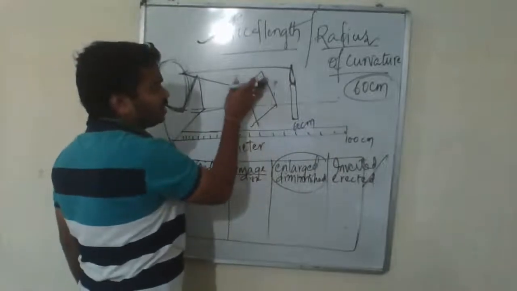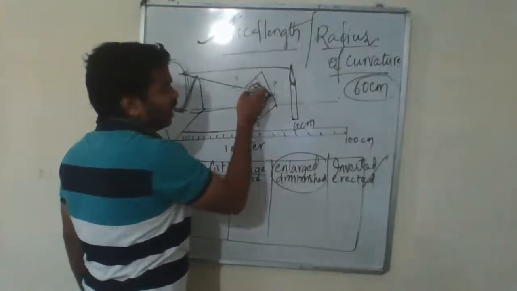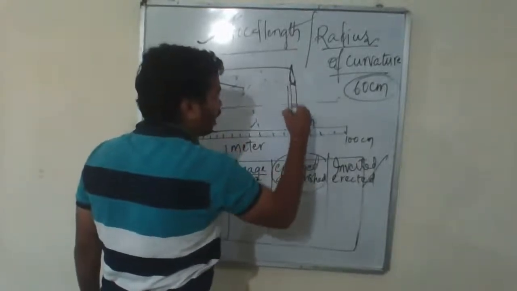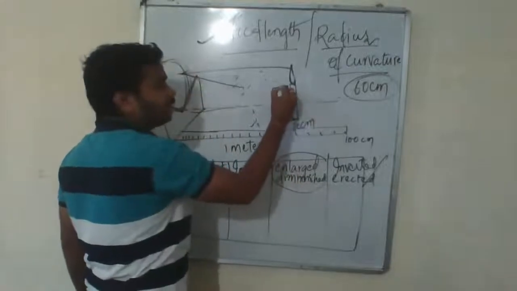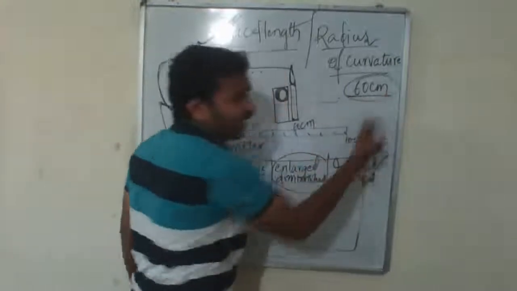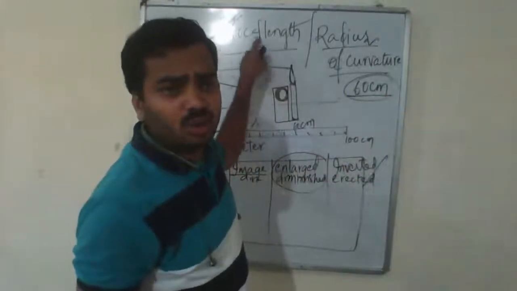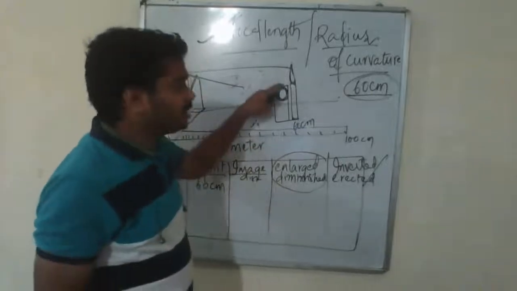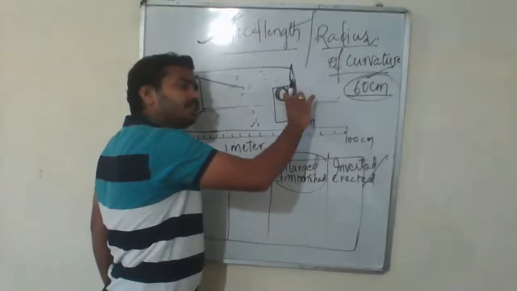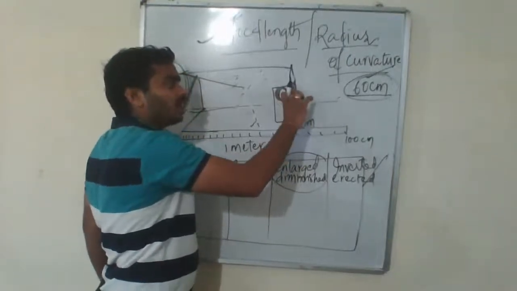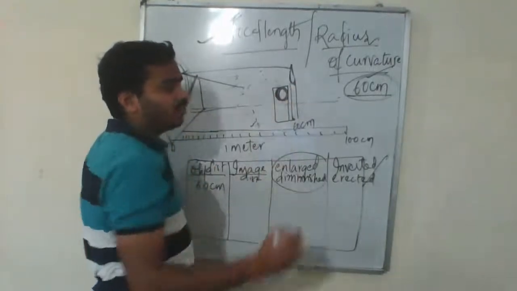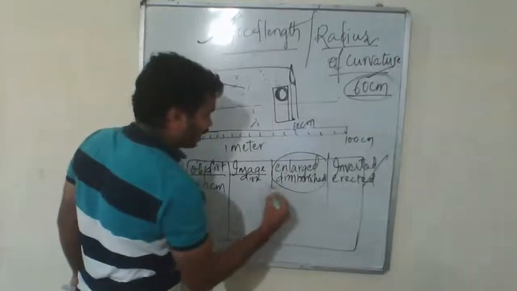So you try to arrange this particular screen at different positions. Whenever you keep the screen nearby the candle, you can see a sharp image. Why? Because you have placed the candle at 60 centimeters. You know the radius of curvature, you know the focal length. The radius of curvature is 60 centimeters, and you have arranged the object at the 60 centimeter position. When you arrange this object at the 60 centimeter position, you can see a sharp image formed upon the screen, which is inverted,